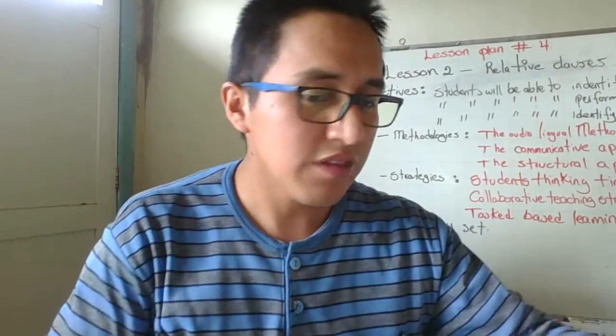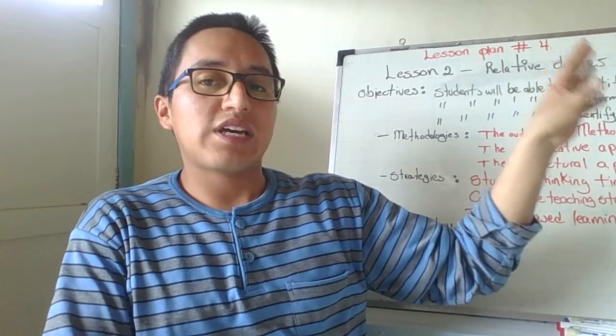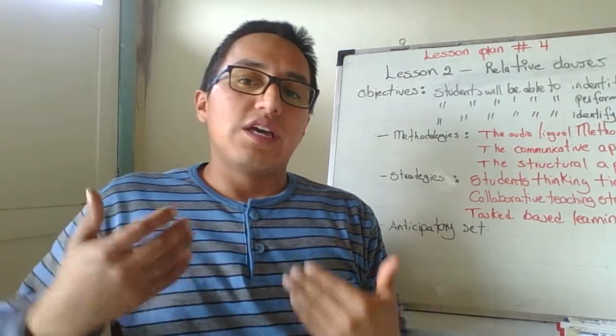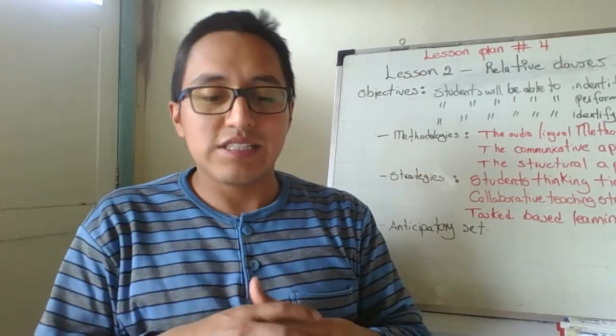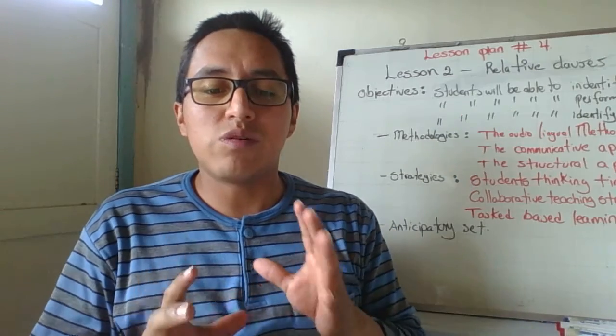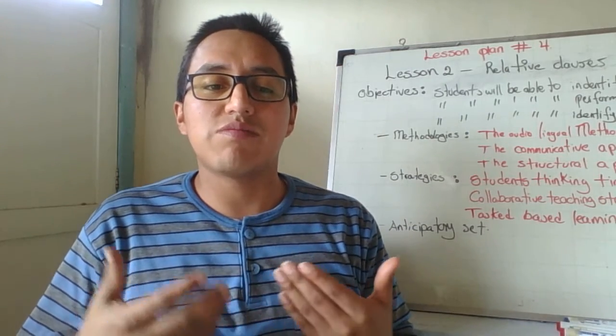Okay. And I'm going to use a board because I need to explain the grammar rules and perform some examples, something like that. Now I'm gonna tell a little more about the methodologies and strategies that I'm gonna perform in this